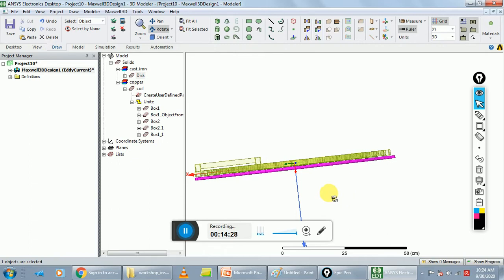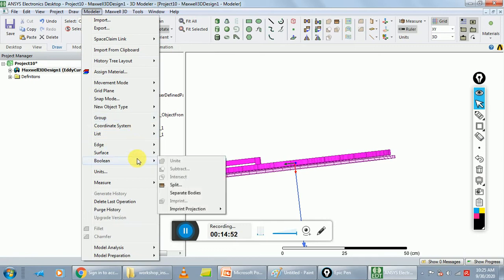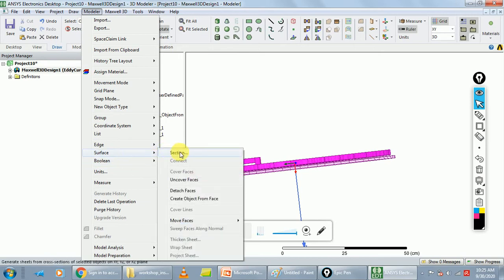So what is the next step? Next step is to create the coil terminal. To create the coil terminal, select the coil object from the history tree and go to Modeler, Surface, and click on Section.